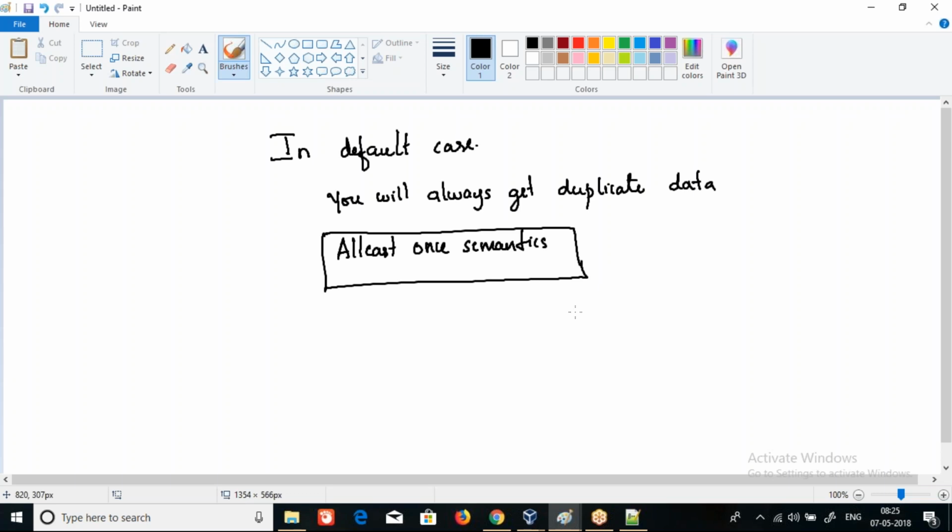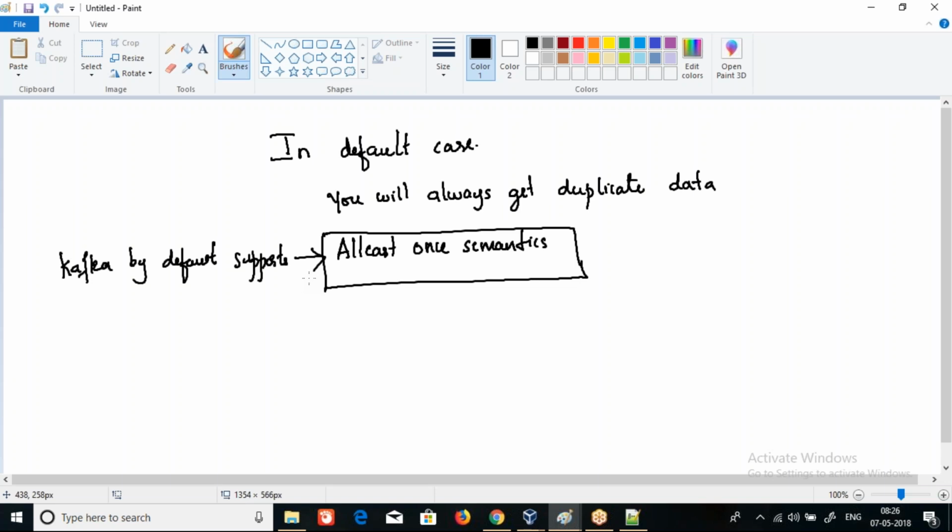So hence they call it at least once semantics. Kafka by default supports at least once semantics. So whenever something goes down,